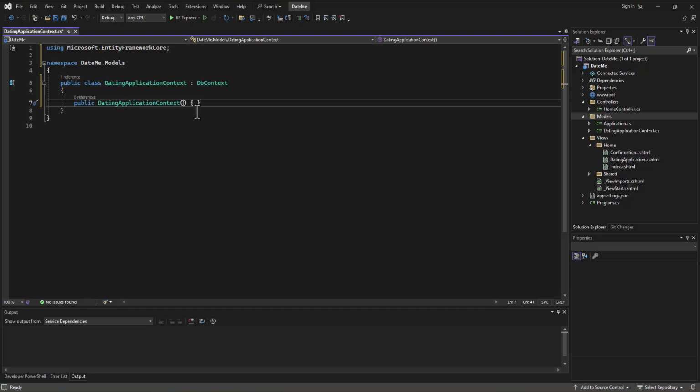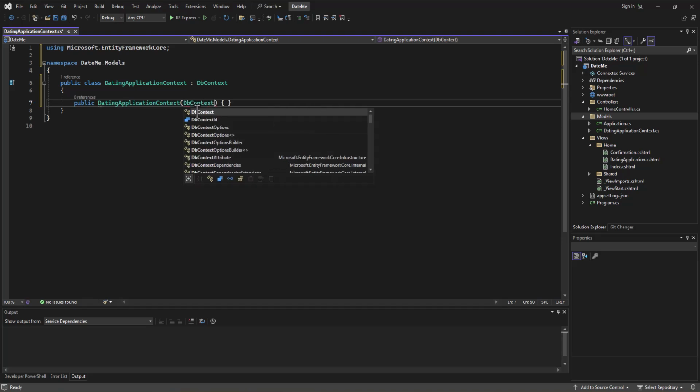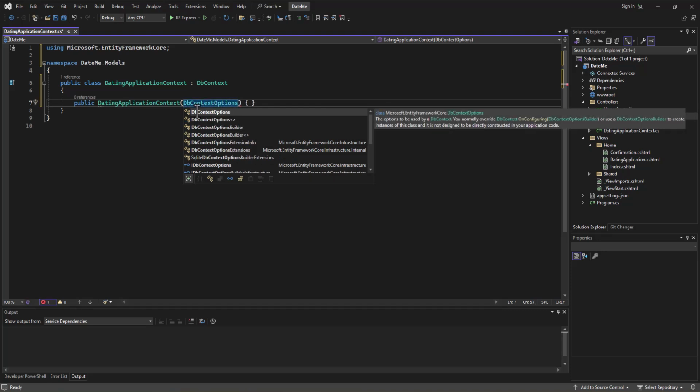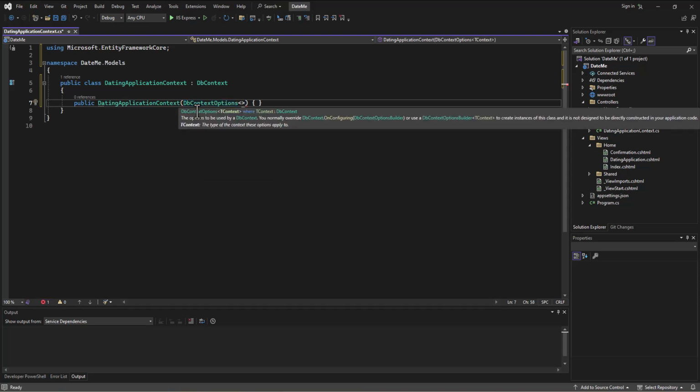But we're going to set up a place to receive those options into this context file as this dating application context class is created. And so I'll say DbContextOptions is what we want to type. And then it's going to say, well, what type of DbContextOptions do you want? And then in the angle brackets, we're going to type in dating application